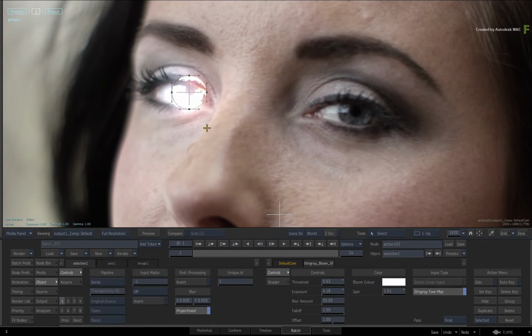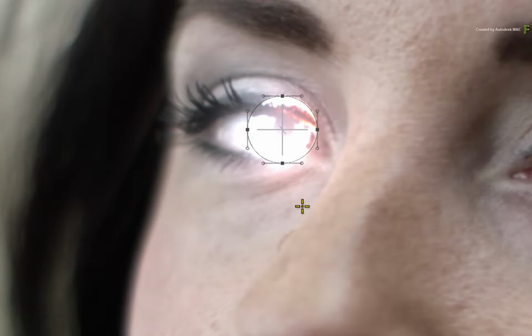So in the case of some selective effects, including the blooming shader, the mask is being used as the source of the effect. In other words, notice how the blooming is leaking out beyond the mask's edge and not simply being cut off. This helps with integrating the effect, and it's not just cut off by the mask like you would get with a regular composite workflow.